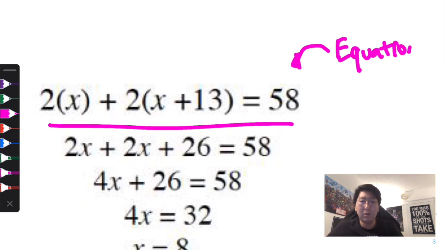Here we have an equation. And once we have the equation, we can solve. So you can see that